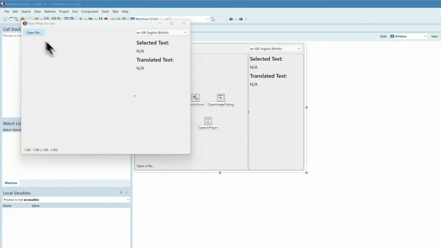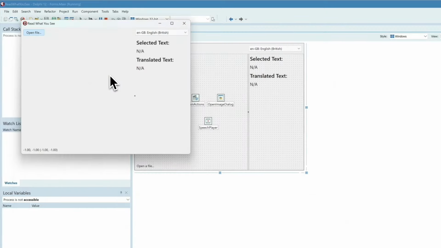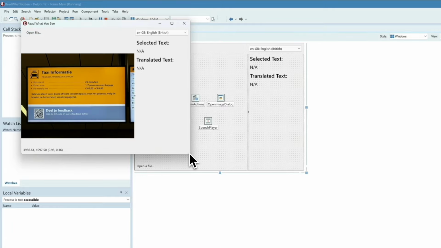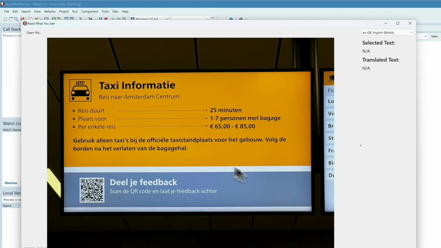I'm going to open a file, and I'm going to open one of the demo images that I used for Textract, but instead of in English, I'm going to open the same display information in a different language. I don't understand this language, of course. So this app I've made allows me to click on parts of the image, and it's going to translate and read it to me. So if I click here,